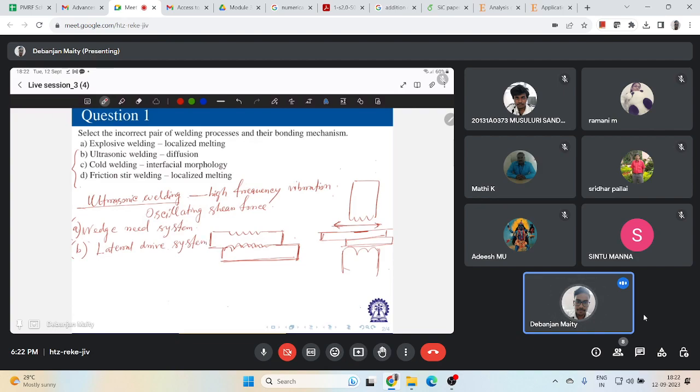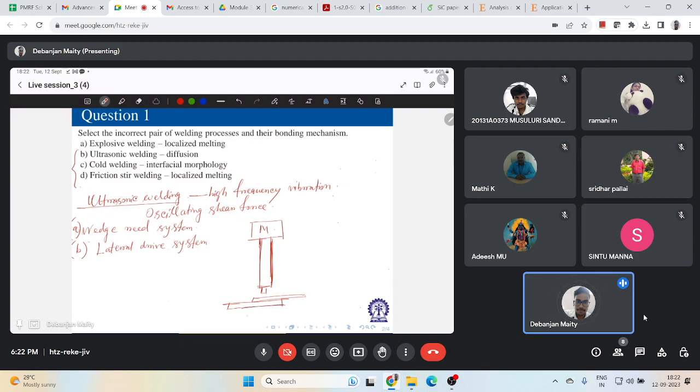Now, if you see in the wedge reed system, accurate control of the parameters is not possible due to its bending mode. So if we try to draw this schematic, how does it look? Here we will have some kind of mass over here, and this is the complete mass, and this is my workpiece to be joined, and here you have this anvil. So this is my anvil,